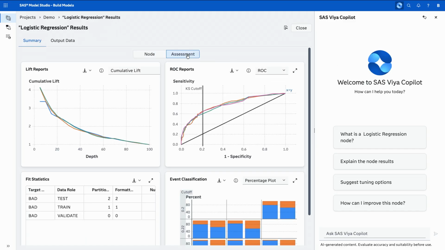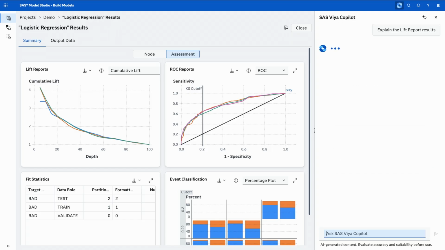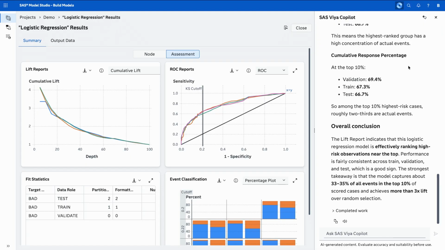So I'm actually going to click over, let's do the lift report, that's a good one. I'm going to ask it to explain the lift report results. What I'm expecting it to do, which is what it says it's doing here, is collect all of the different results that exist inside of this report, and then pull out the very specific one that I asked for and generate an explanation just of that one chart. So it's found all the ones that existed. There's 16 different ones on all these different pages. Now I'm asking it to generate the actual report for that lift chart.